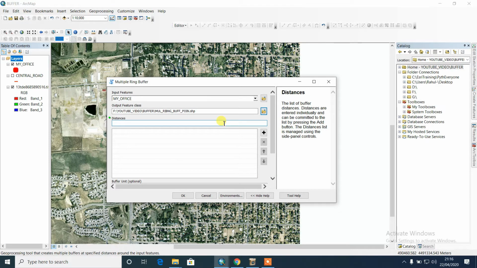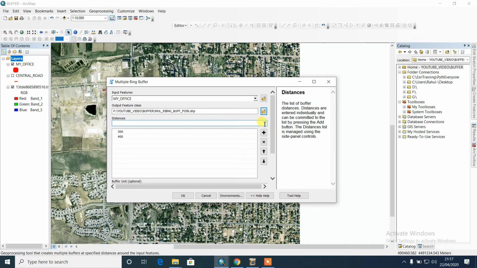What is the first distance? 300. He gives free delivery up to 300. More than 300 but less than 400, so what is the limit? 400, so you input 400. Add it with this add symbol. Whatever distance you want to add, you click here.